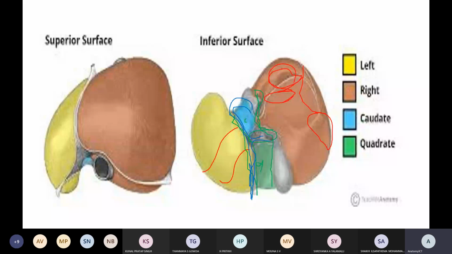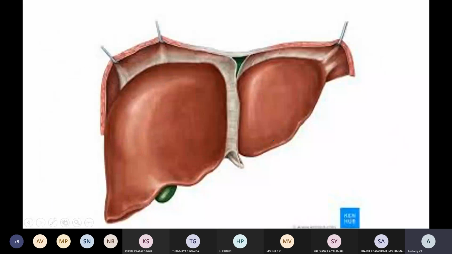Now, as we know, there are two accessory lobes, that is the quadrate and caudate lobe. Functionally they are along with the right lobe only, and anatomically there are two projections because of the recesses and ligamentum venosum bifurcation. That is the reason two projections are developed over there. So that is the accessory lobe we can anatomically subdivide. Functionally, when you come to the subdivision of the liver, there are totally 10 different segments divided, and according to those segments, different channels pass exactly over that.